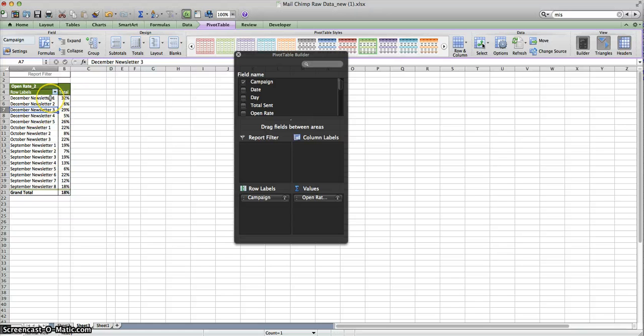And now let's say we want to group each of these newsletters into like themes. So in this situation, we want to group them into months because all the campaigns have been named December, October, September. So we want to look at it by month. We don't want to look at it per deployment. So from here, you're going to grab the first cell that you're looking for to the last cell that you're looking to